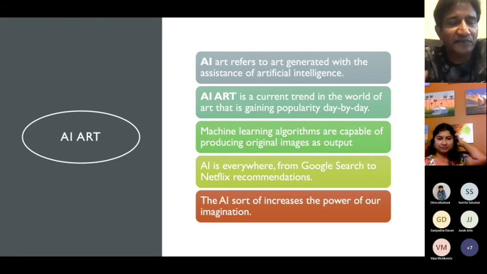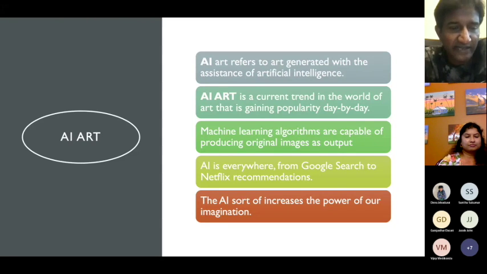Just to give a quick background of how this AI art works. AI is nothing but artificial intelligence. It simulates the way humans think, using the task that's been told to the computer to do. So somebody programs it, and then